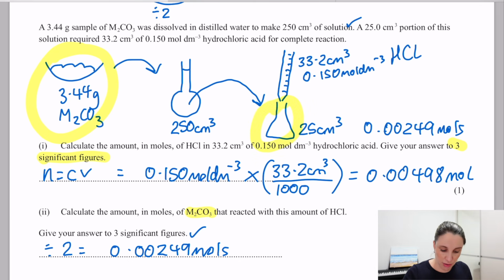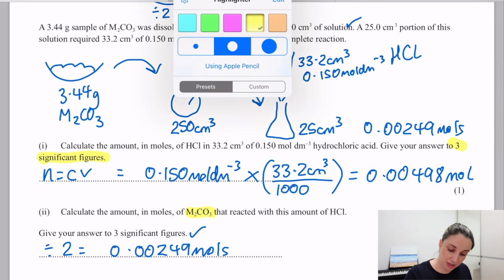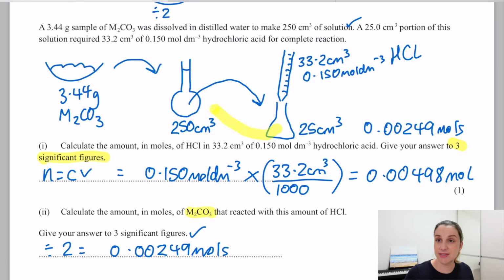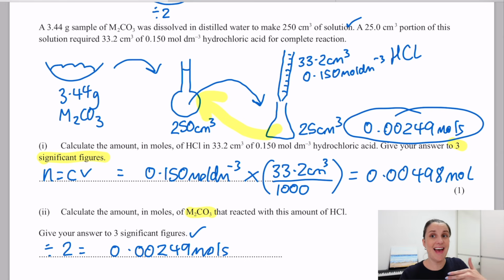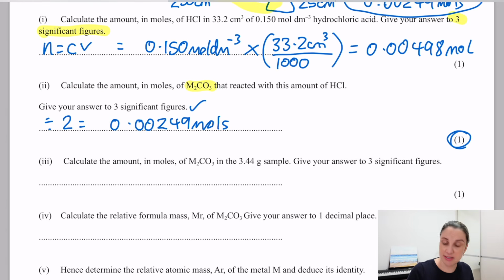No. So what we need to look at is, if we look at these stages, we can see that because we took out 25 cm cubed from the 250, I actually took out 1/10 of it. So this 0.00249 is actually only like 1/10 of the powder. So to get back again, we need to times it by 10 to get back to that big volumetric flask. So here in this step, all that we need to do is times by 10, which gives you